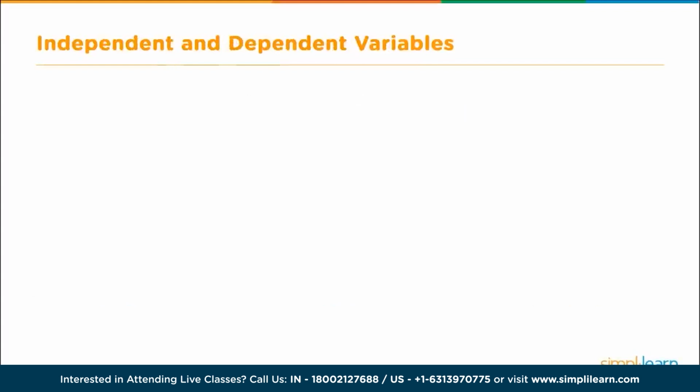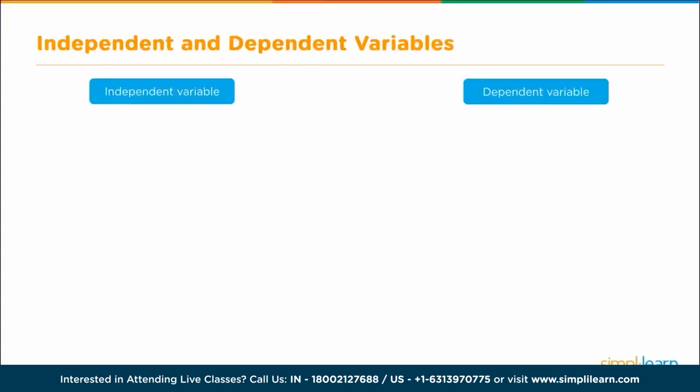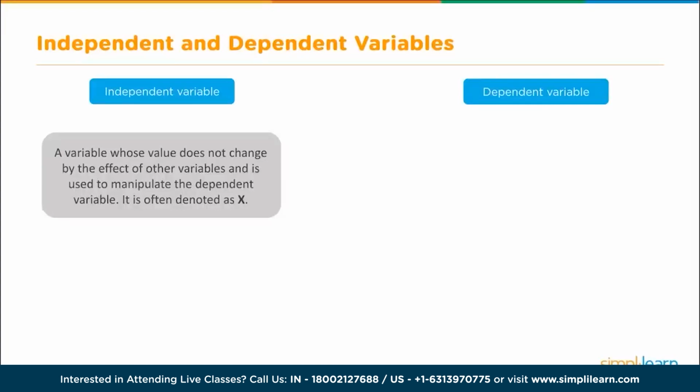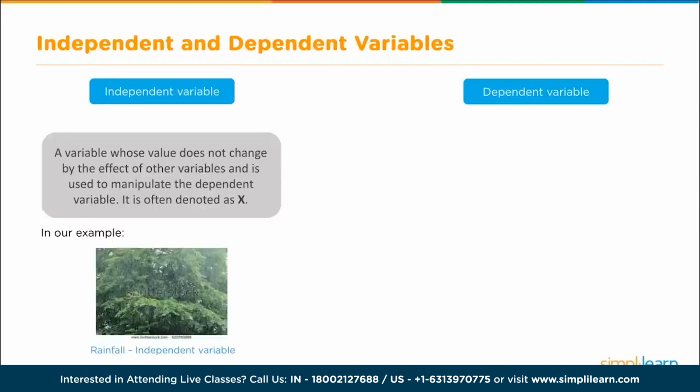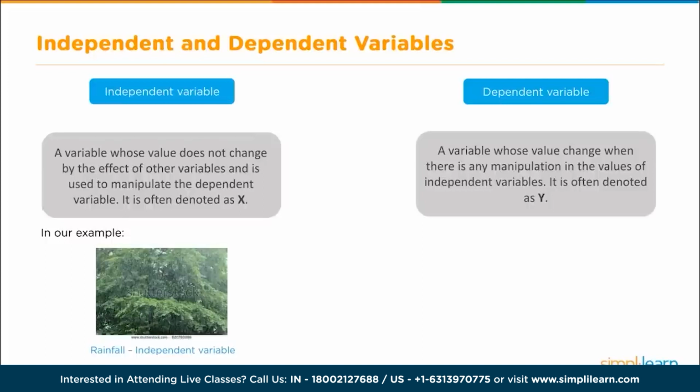So we're going to introduce two variables, independent and dependent. The independent variable is a variable whose value does not change by the effect of other variables and is used to manipulate the dependent variable. It is often denoted as x. In our example, rainfall is the independent variable. This is a wonderful example because you can easily see that we can't control the rain, but the rain does control the crop. So when we talk about the independent variable controlling the dependent variable, let's define dependent variable as